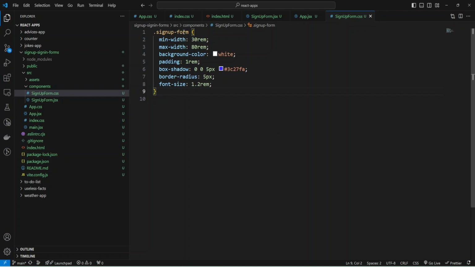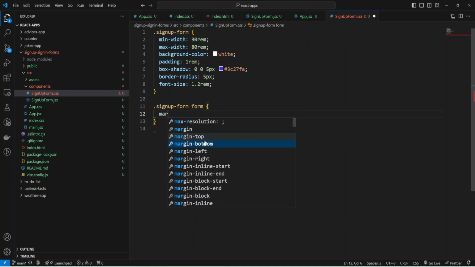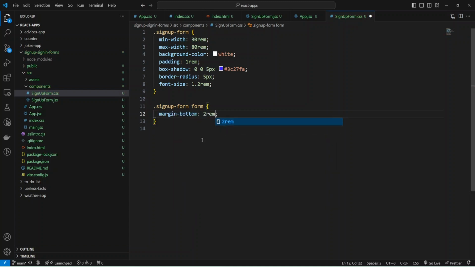And I'm going to use this sign up form as a selector for other elements, because here I'm using the plain CSS, and to not confuse with some other styles, I'm going to use this sign up form. But if you use preprocessors or, I don't know, modules, you can just ignore that. But it's plain CSS, and I'm going to use it, and add margin bottom to rem for my form, and also I need styles for my form group.